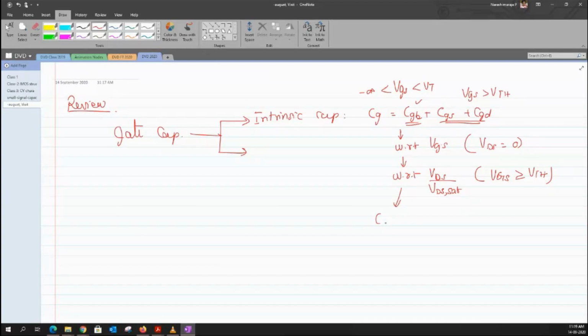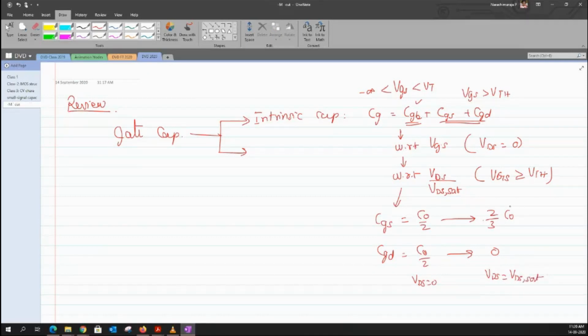In this graph, CGS was equal to C0 by 2, and CGD was equal to C0 by 2 when VDS equals 0, that is, at this point on the axis. CGS then changed to 2/3 of C0, and CGD shifts